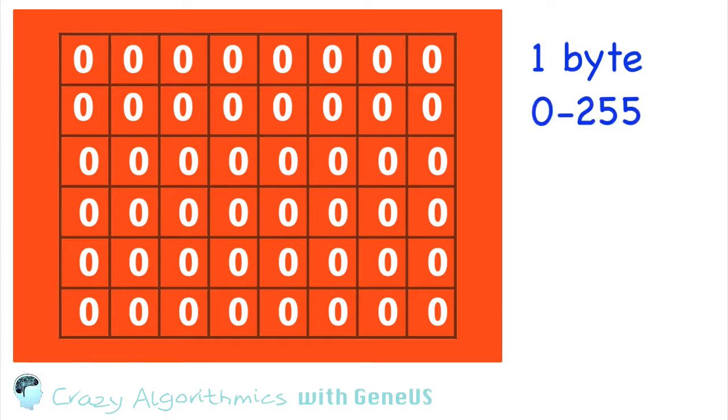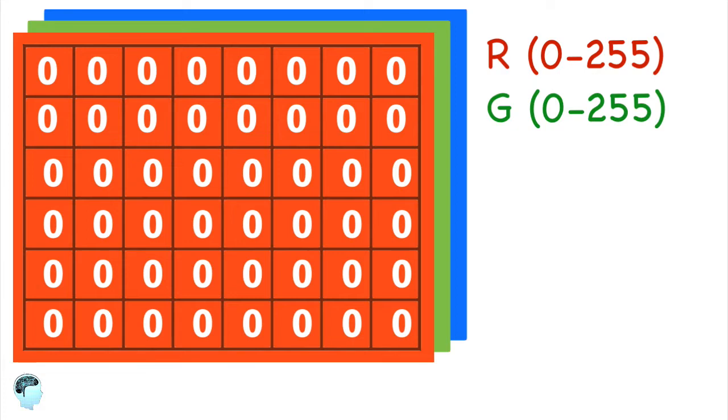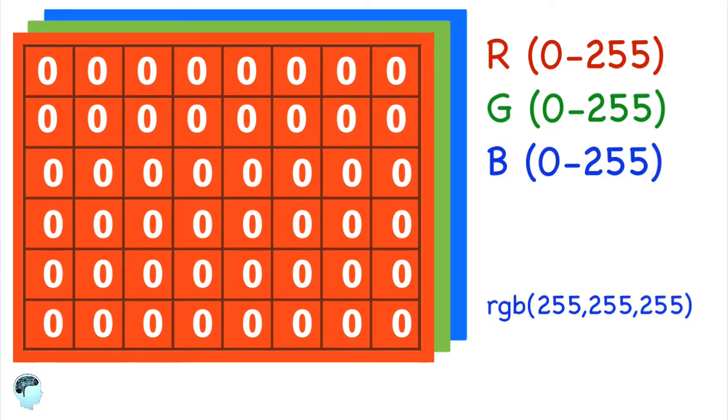Now let's make our array three-dimensional by adding two more layers. And that's how the picture looks like under the hood. I'm talking basics, of course. The picture is nothing but a huge three-dimensional matrix which holds data for red, green, and blue colors. Perhaps you've seen something like RGB with numbers or hashtag with some letters and numbers used to set the color